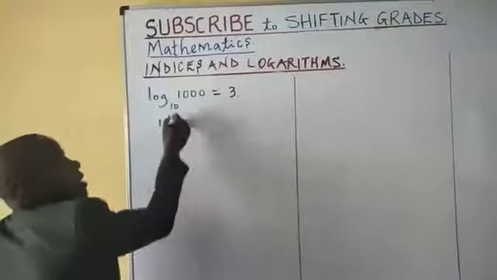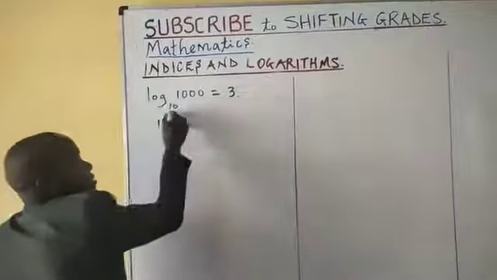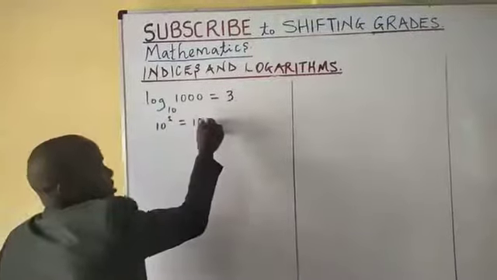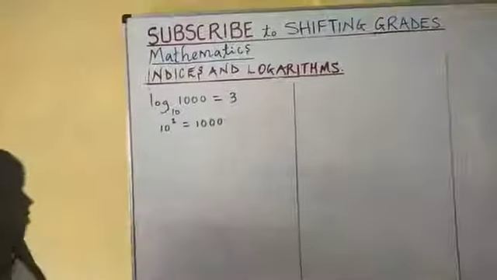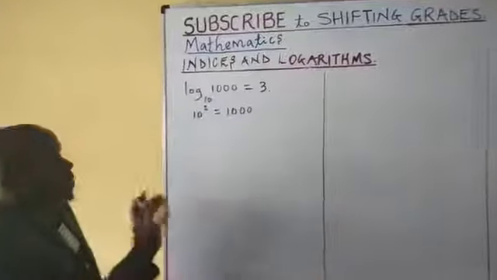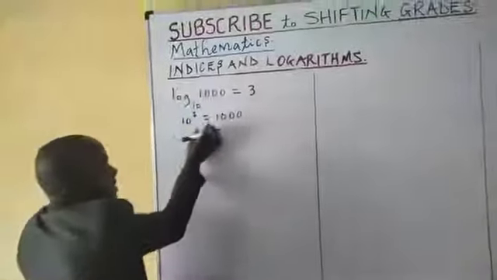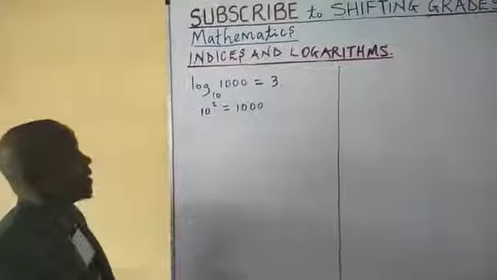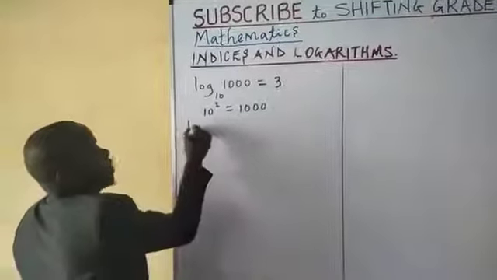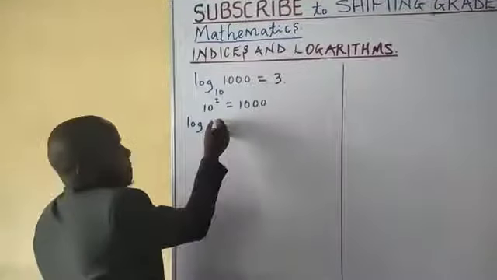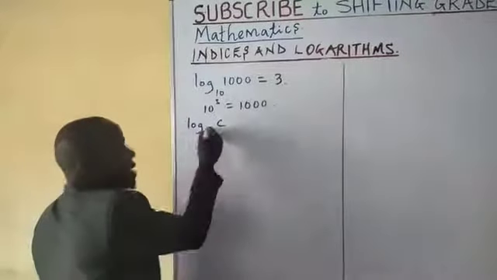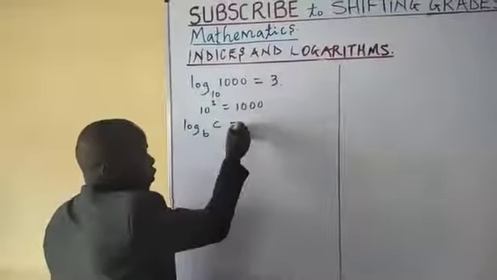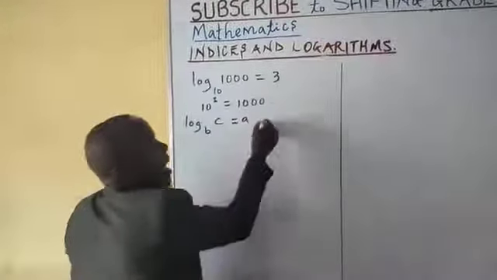10 power 3 is equal to 1000. Therefore, you find in a way logarithms and indices are not far from one another. Therefore, we can say that the logarithm of a number c to base b is equal to a actually means